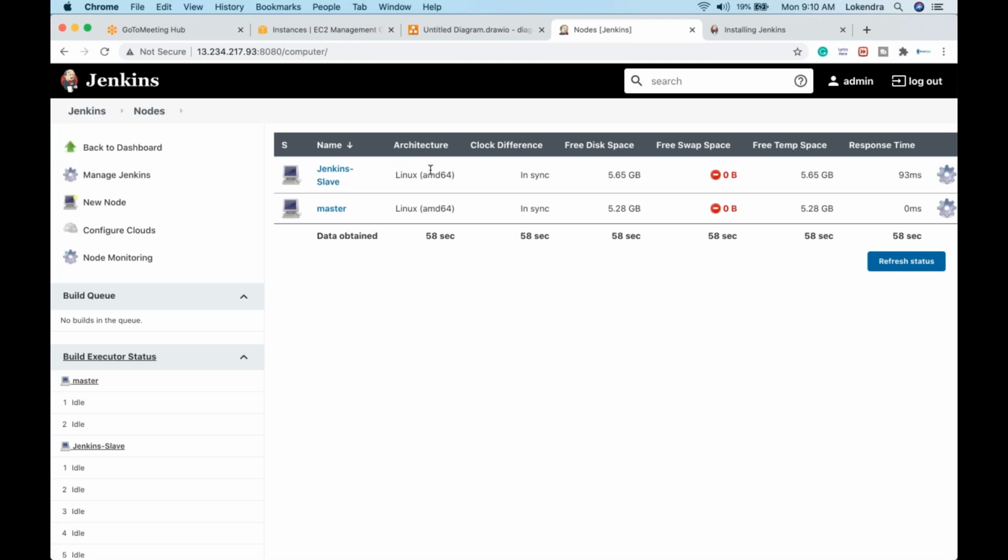That is a Linux AMD64 machine, in sync. This much free space is available there. Why is it so? Because we have installed Jenkins and other components on the server. Then we have free disk space, and the latency, the response time: 93 milliseconds is the response time from the slave, and 0 milliseconds from my master. Why is it so? Because this is the actual server where I am going to work.